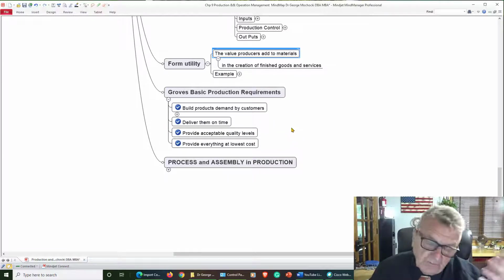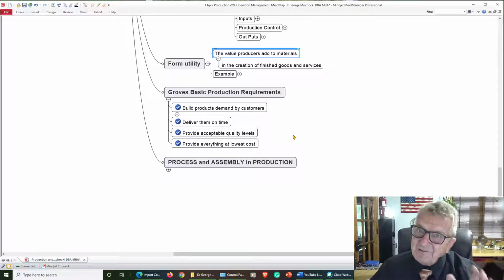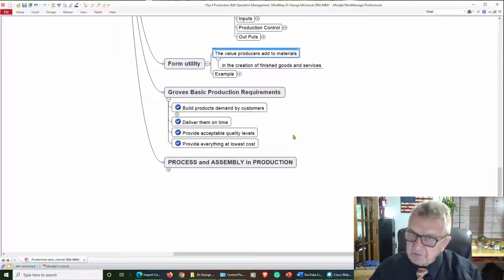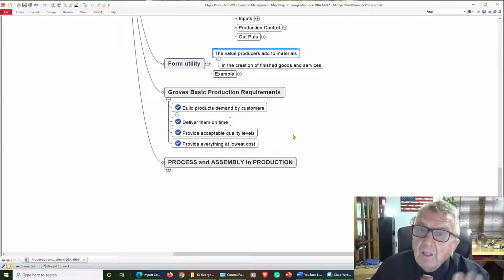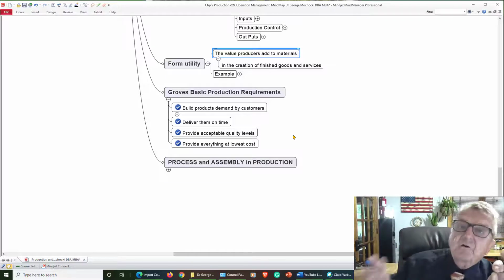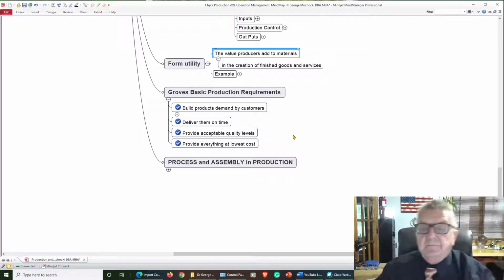Basic production: deliver on time. That's the whole thing. Remember, business is always geared on delivery and meeting the customer's date that we agreed on. If I go on Amazon, they say 2 days. If I want it tomorrow, $40, we'll have it delivered within 5 hours, because you're paying the premium if you want it. You want the regular service, 2 days. And a lot of people look at that, okay?